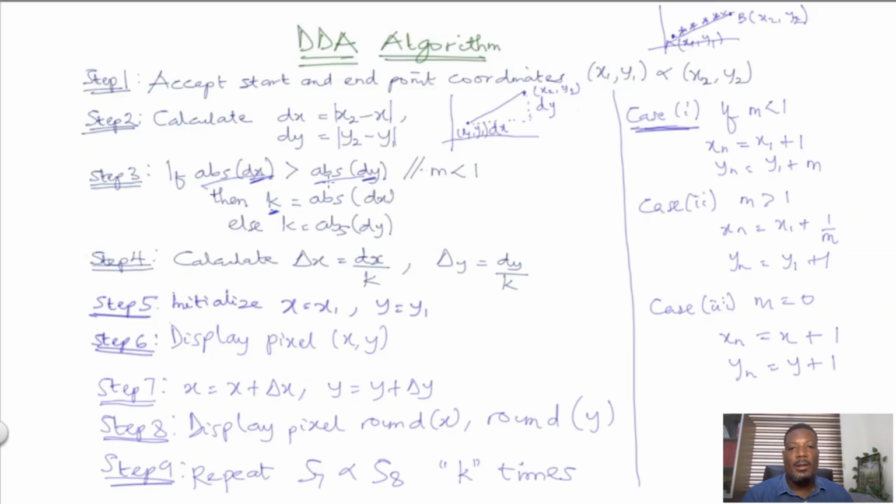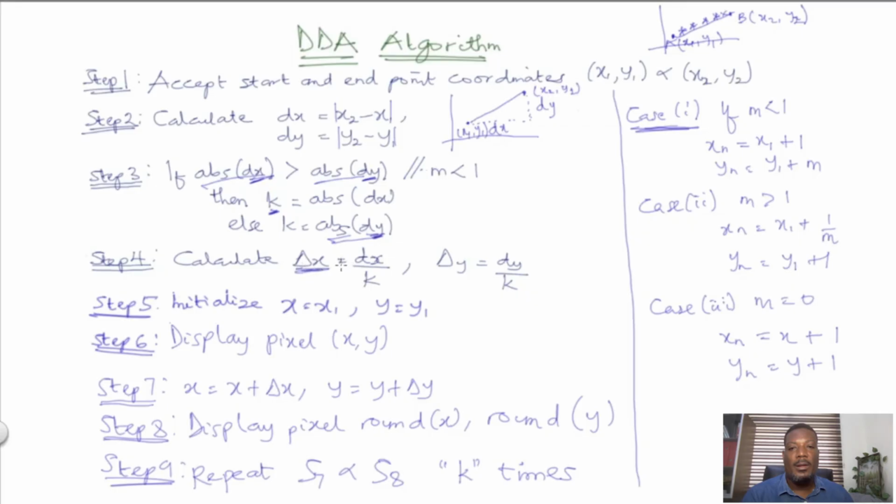But the moment the absolute value of x is less than the absolute value of y, then k will be the absolute value of y. So we should have that in mind. So k is equal to the absolute value of dx when the absolute value of dx is greater than the absolute value of dy. The next thing is to calculate the change in x,